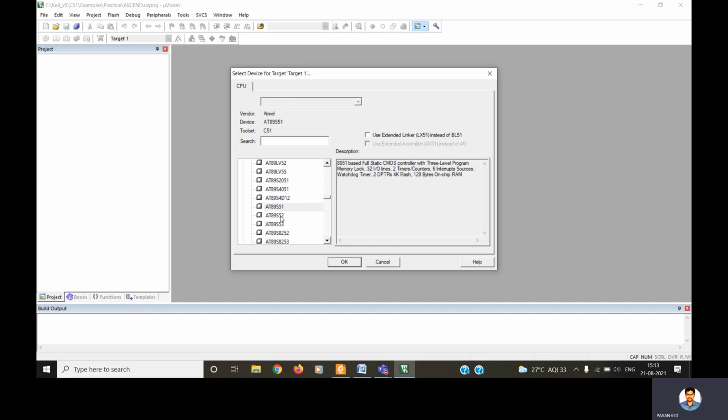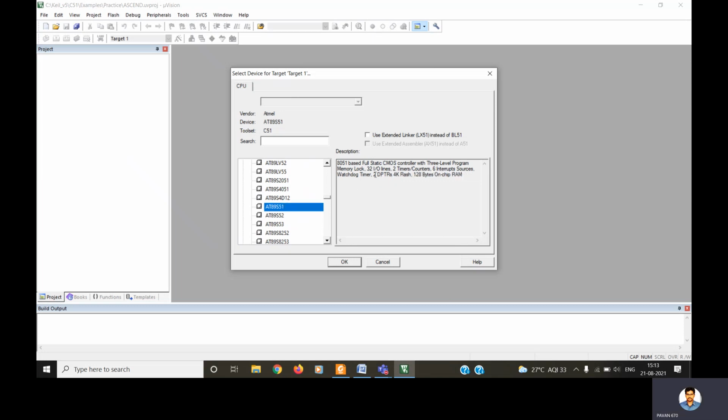Suppose you take an 89S52, here we can see the description has changed. This window shows the basic features, and based on the target you have selected, its corresponding features will be displayed here. The basic difference is that the 52 has 3 counters, the internal on-chip RAM size is increased, and the flash memory size is also increased.